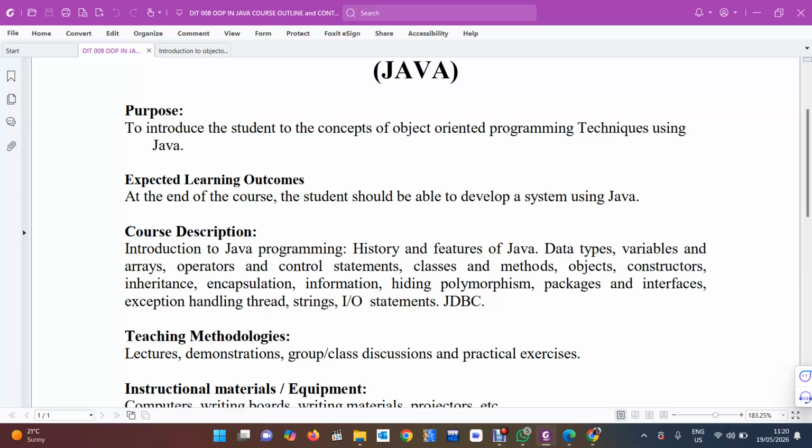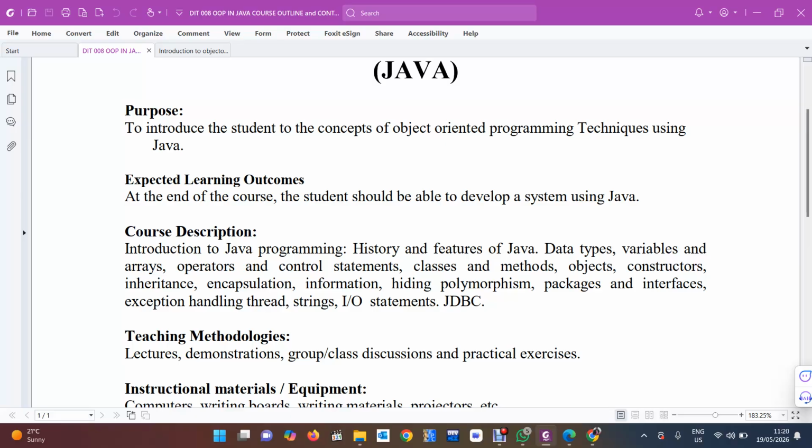You'll also learn the data types used in Java programming, variables and arrays in Java, Java operators, Java control statements, Java classes and methods, Java objects, Java constructors,